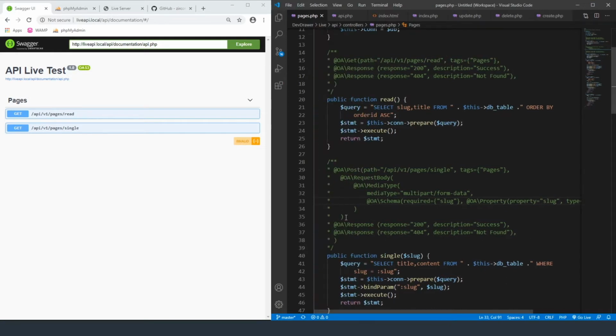And then since this is a request body, we are going to put a comma here, and let's go ahead and tab these over as well so that it lines up with everything that we're trying to do. We don't need to have a comma here. Okay. All right. So now if we go back to our browser